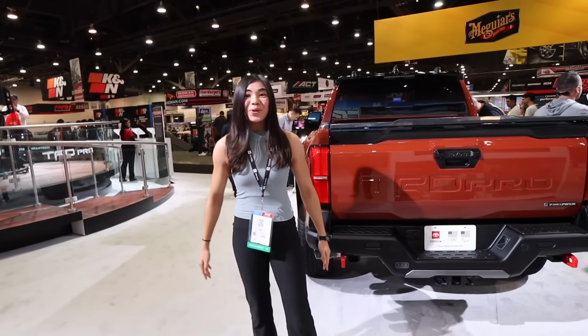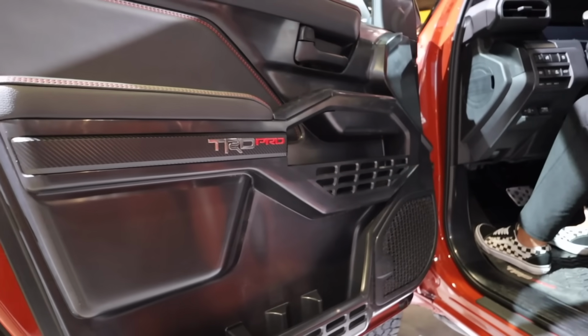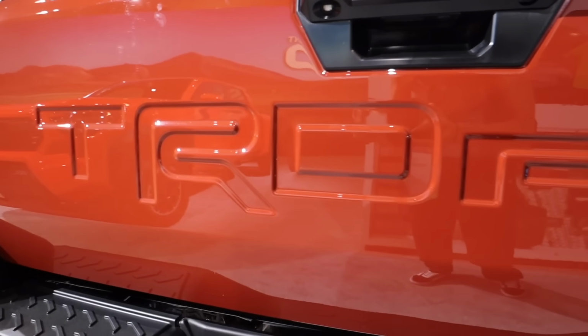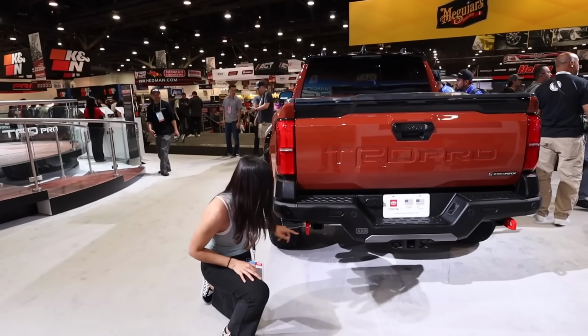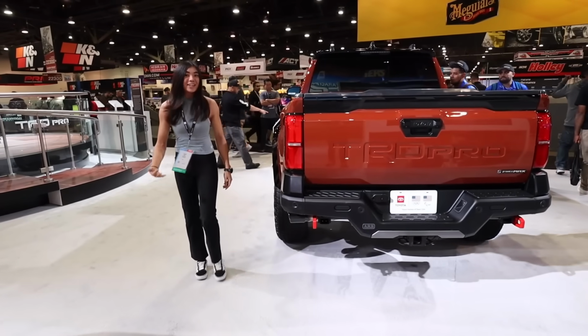Lastly, with the TRD Pro, of course, you are going to get a lot of Pro-specific styling. Starting up here, back in the tailgate, you get a giant TRD Pro stamped into the tailgate. Also, what I really like about this new model year is you get an ARB bumper, TRD red tow hooks, and if we come around to the side of the truck,